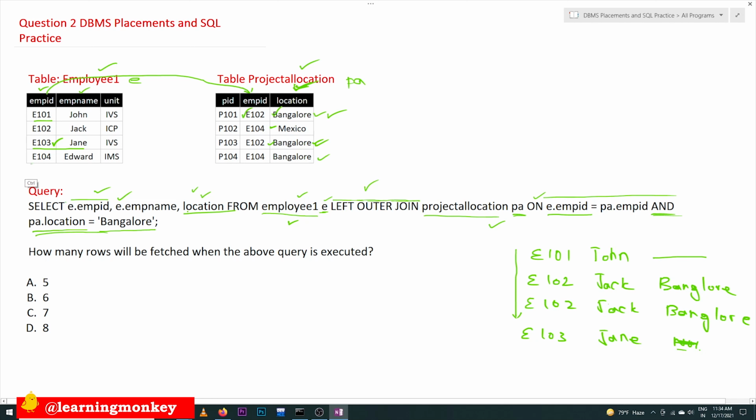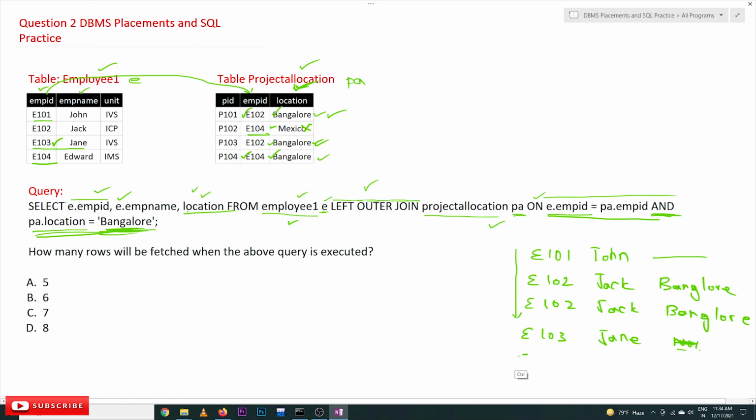Okay, next is E104. E104 will get matched with E104 here, but Bangalore is not matching. Here it is Mexico, and again here it is matching, and Bangalore is also matching. Here two conditions are given, so I am searching for the employee ID and also for location equal to Bangalore.